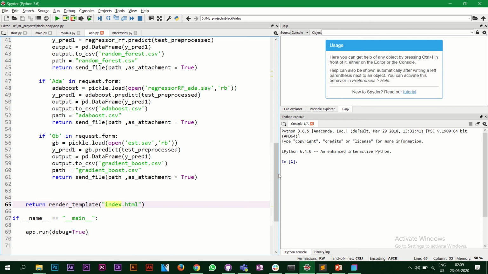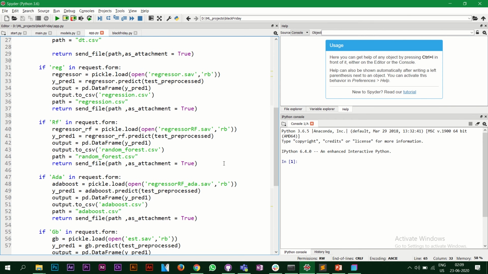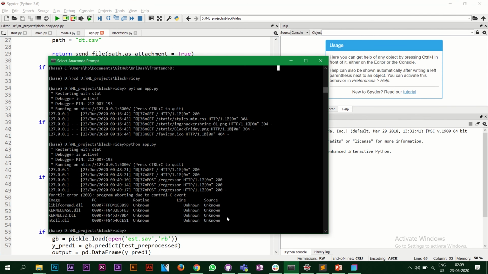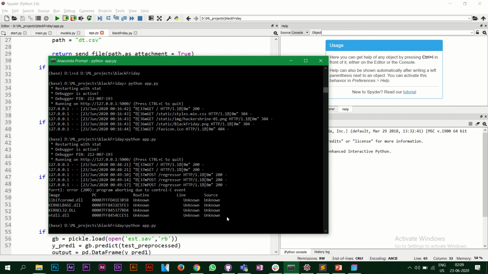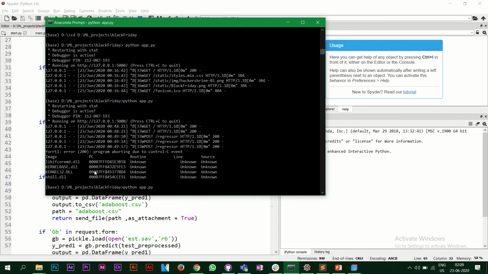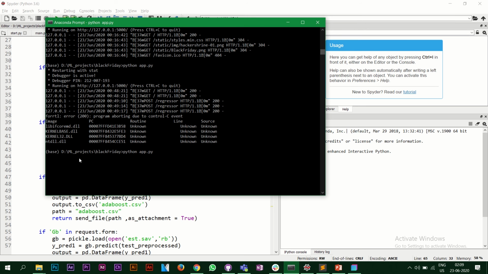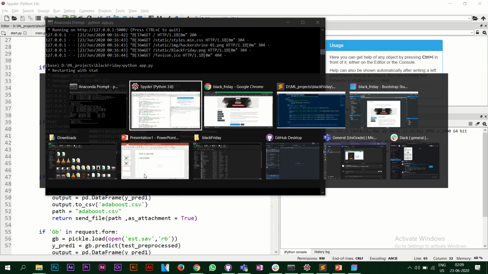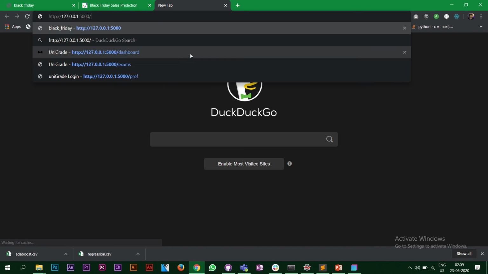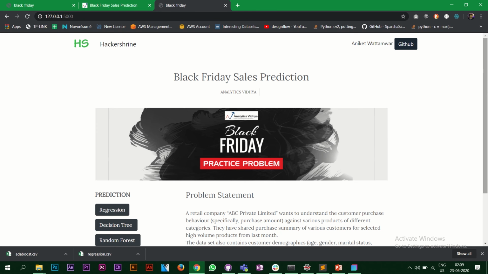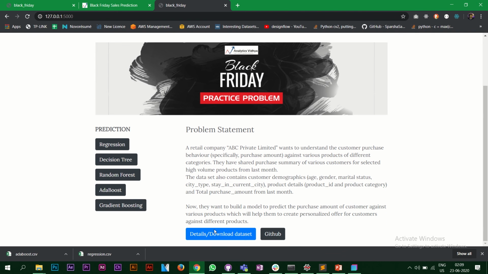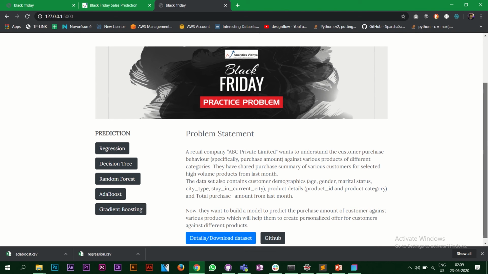Alright, so let's run this code on my local machine also. So let's do this. Python app.py. Let's give this a minute. Restarting. Yes, so there are no errors, and we have got the link. So yeah, this runs perfectly without any errors. When I click on this, it's going to download again.